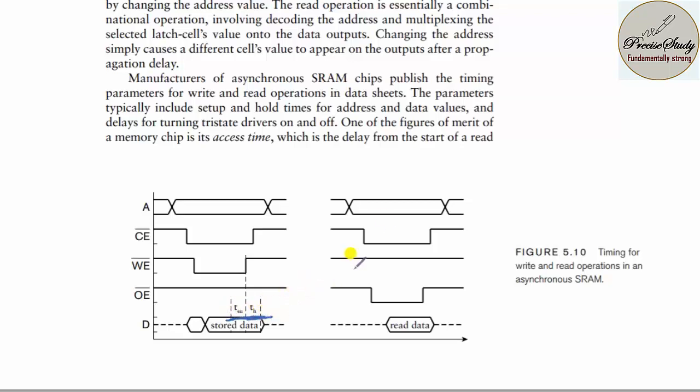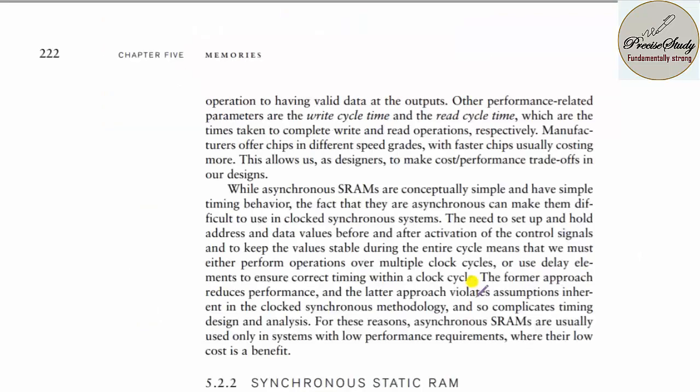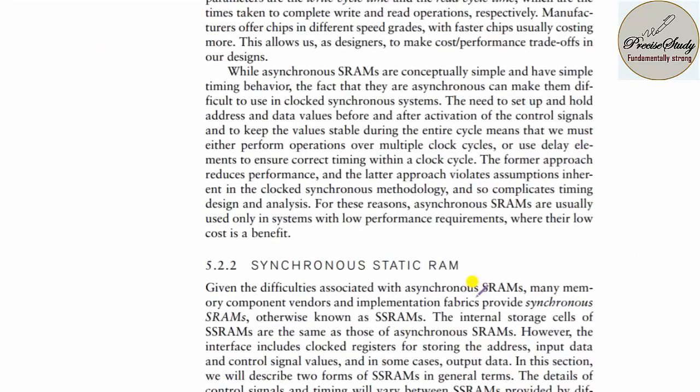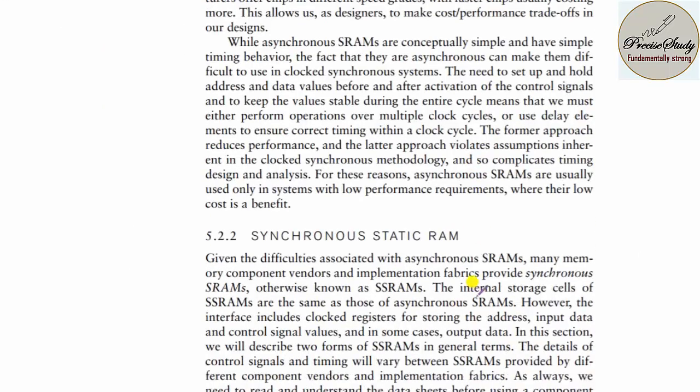This is very important. But if you are performing a read operation, the major change is that write enable should be made 1, meaning you are not performing a write operation. Then output enable should be enabled, that is, OE bar should be made 0, and then you read the data; the microprocessor reads the data from memory. But in the case of a write operation, the microprocessor puts the data into the memory.